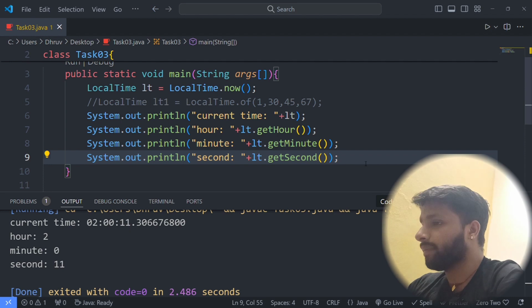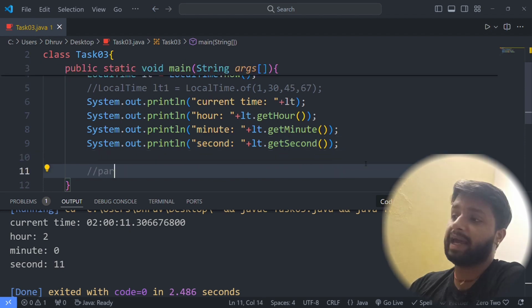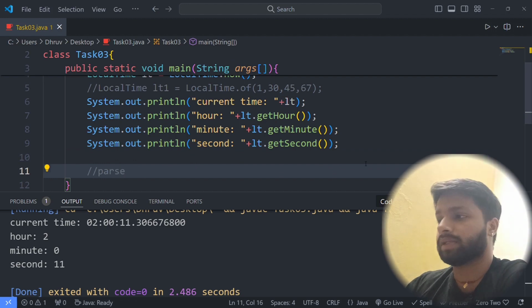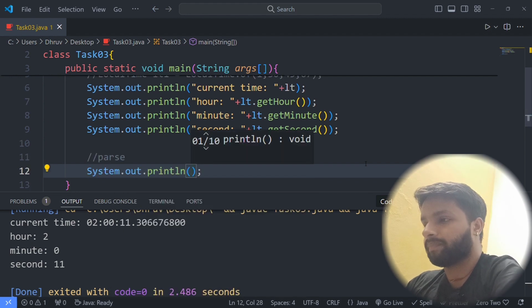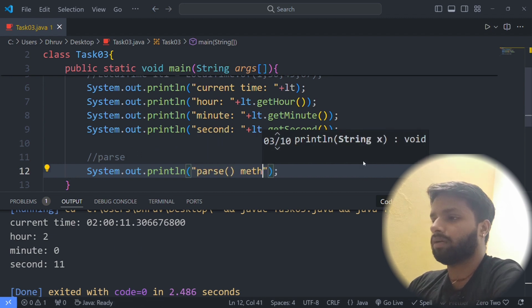Now I am going to use the parse method here, as we already studied the parse method in our previous video with date. Let me write the parse method.